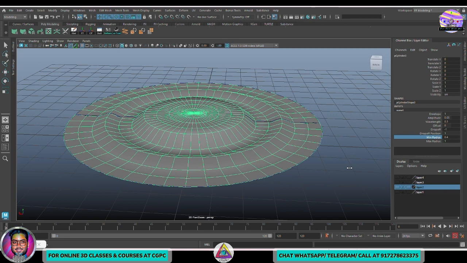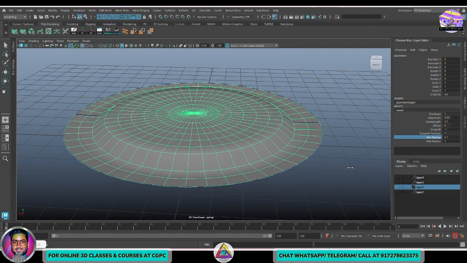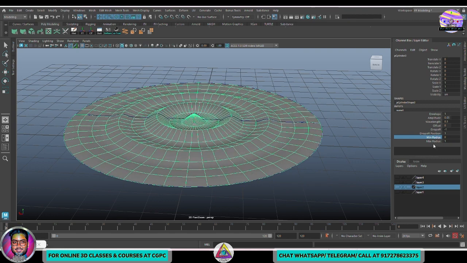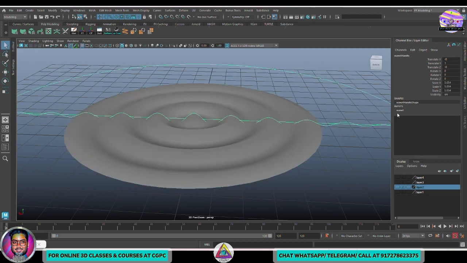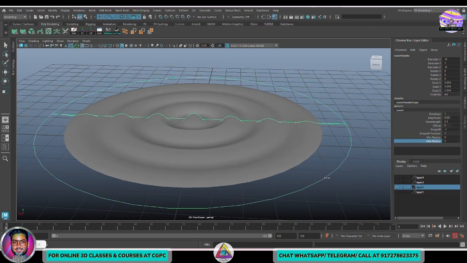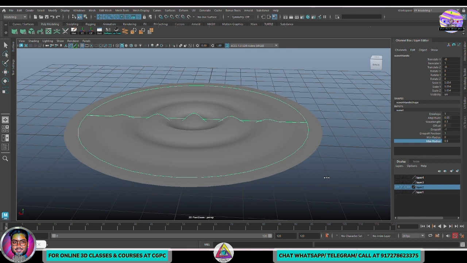How the wave will progress. So if you increase the minimum radius, it will be flatter in the center and then gradually the wave will be affected. If you want the opposite effect, you can use the max radius. You can see this ring changing its position. So with the max radius, if you decrease the max radius now, as it moves inward, the outer radius of the mesh will become flatter and only affect the inner part. So you can play with the minimum radius and the maximum radius based on what kind of formation or shapes